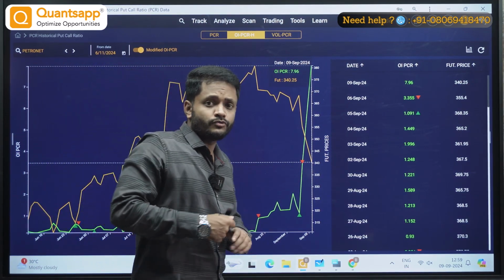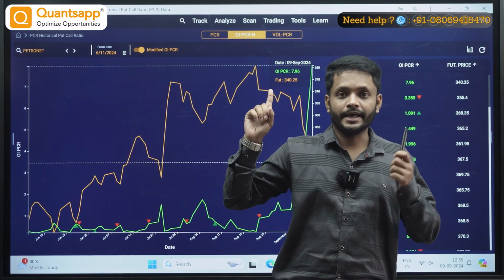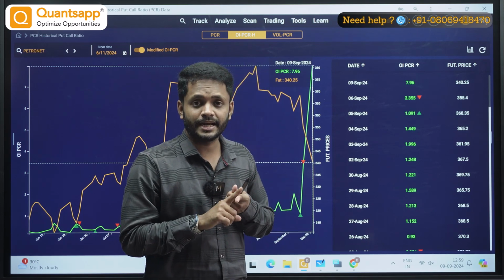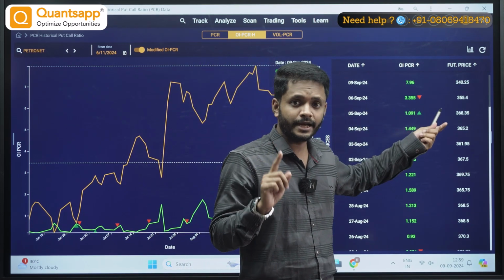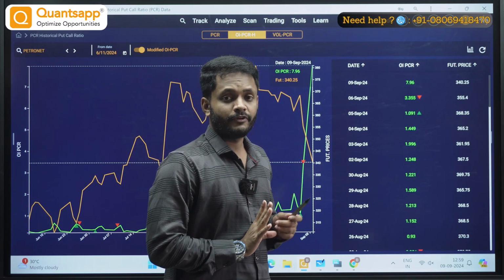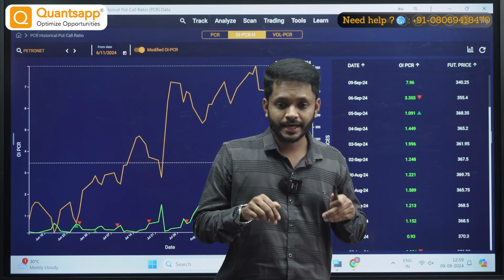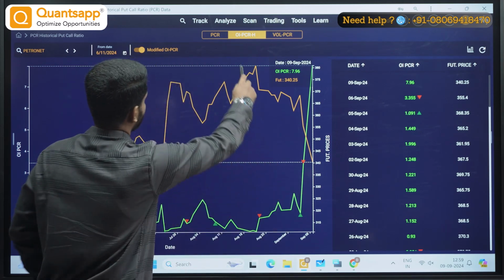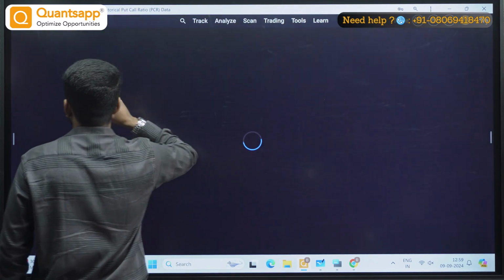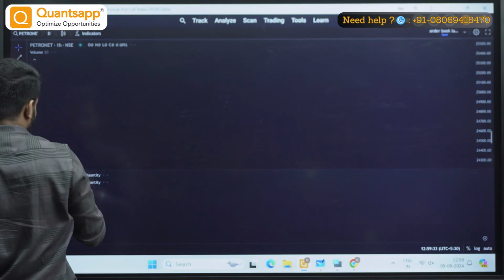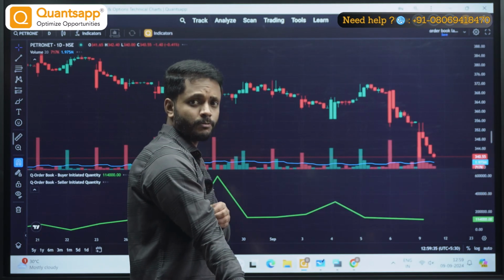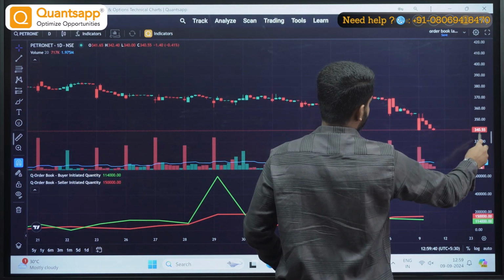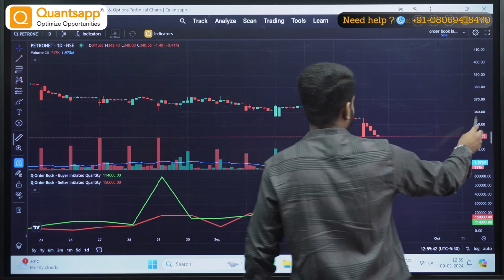So what you are supposed to do: first look at the trap indicator, then if you are getting any sort of signal, come here and cross check whether the signals are getting aligned. In Petronet the signal got aligned, so I am supposed to take a trade. Okay, when I am going to take a trade in Petronet, I would have taken a trade this morning, I would have taken a short trade, correct? This morning I would have taken a short trade in Petronet. Let us go and check out Petronet. And what would be my stop loss? That is based on open interest, you can keep a stop loss, or else give me a second.